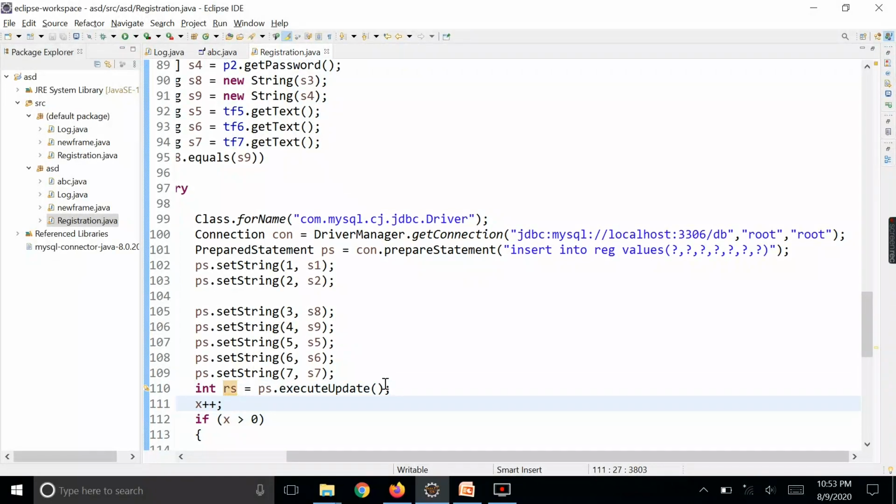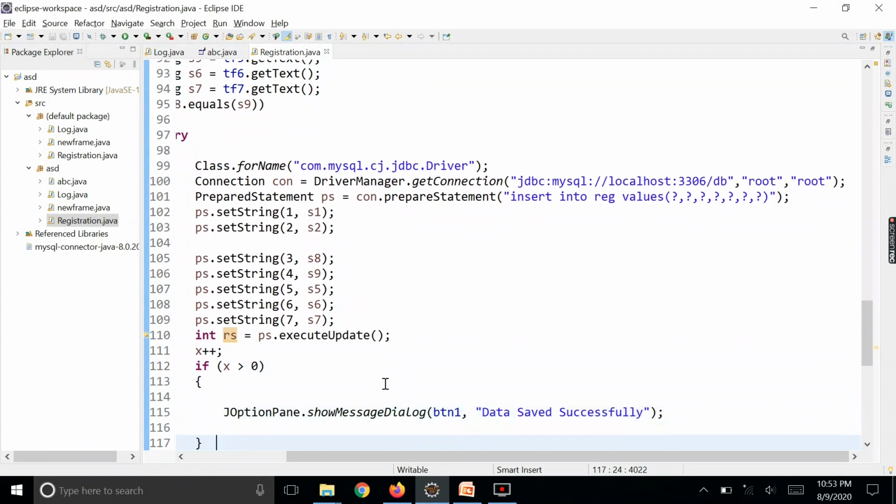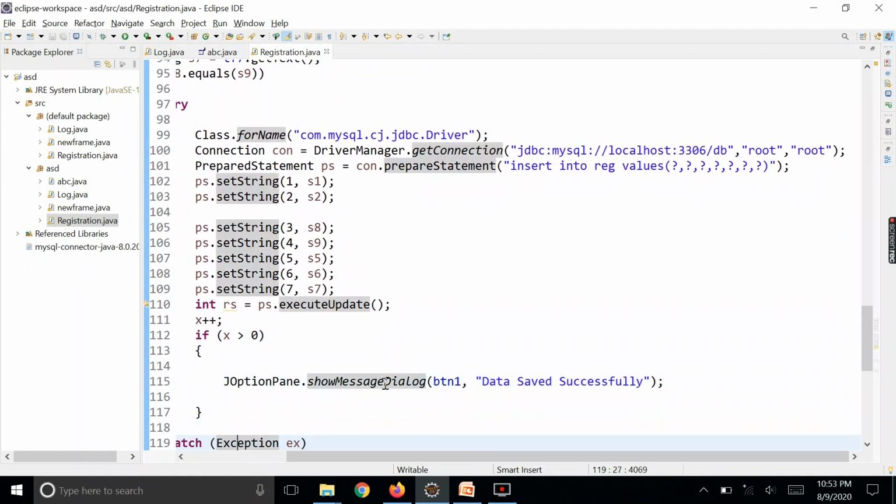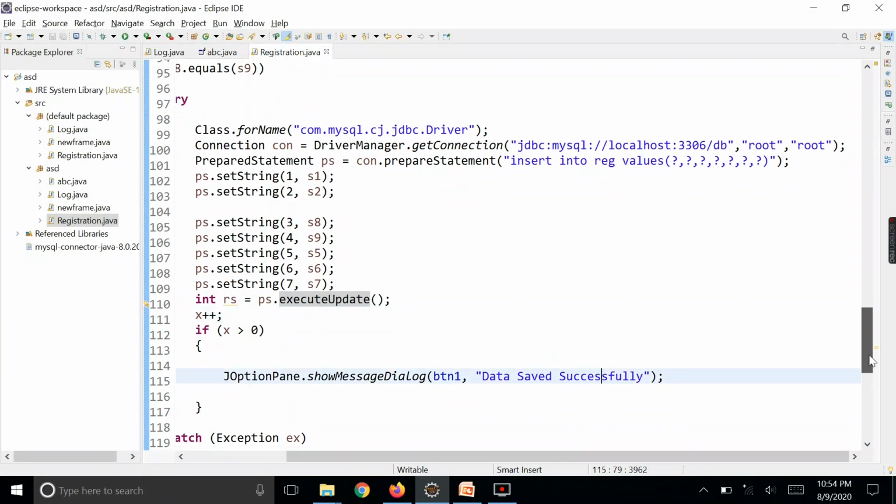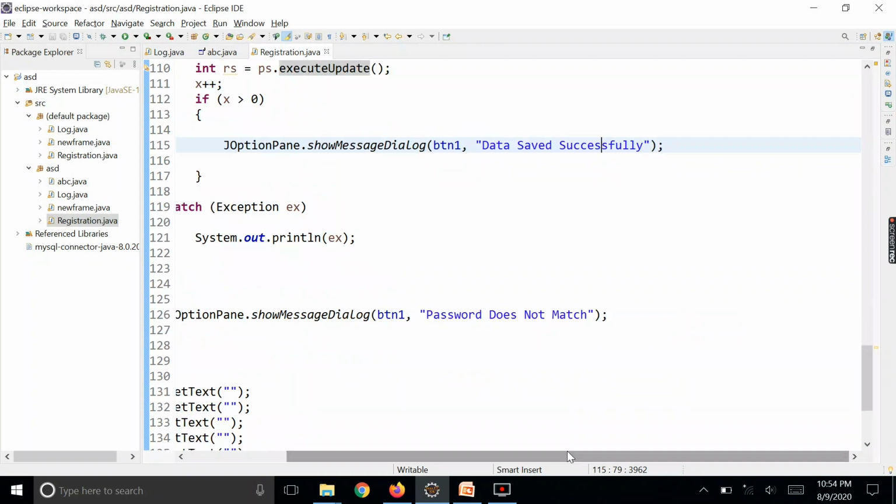Here we have not actually used that rs field, so we can check with that. For example, here we have used executeUpdate and we are incrementing the count. If this count is greater than 0, that means the query is executed at least once, then display the message data saved successfully, else error, right?